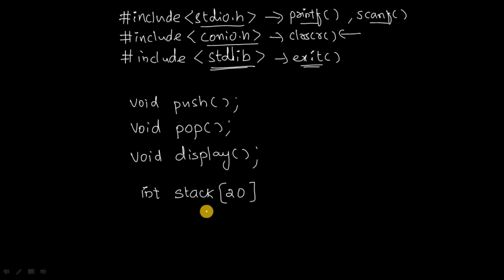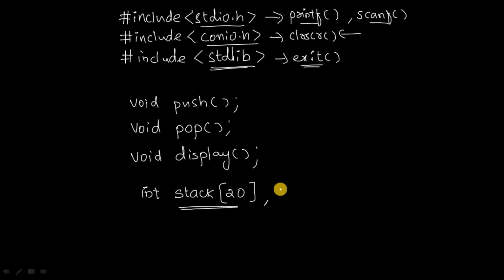Since our program is stack using arrays, I am using the array here. Maximum size I am giving as 20, but remember, in the main function you have a variable called n, which decides the actual size of the stack for that execution. For example, the first time when you execute the program, if you give the n value as 5, it means the size of the stack is 5. Suppose for the second execution you give the n value as 10, that means the size of your stack is 10. Like that, maximum you can give up to 20.